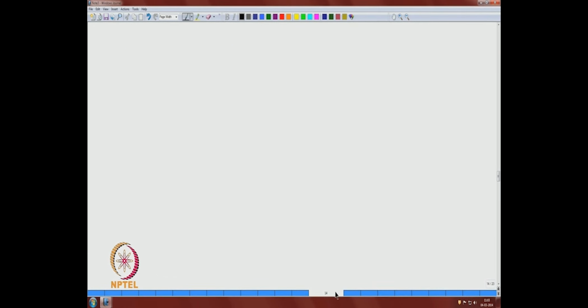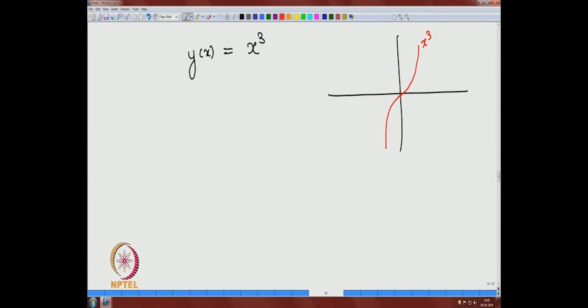So that means we get a solution y(x) equal to x cube for the initial value problem. So the solution looks like the function y equal to x cube. So this is a solution,